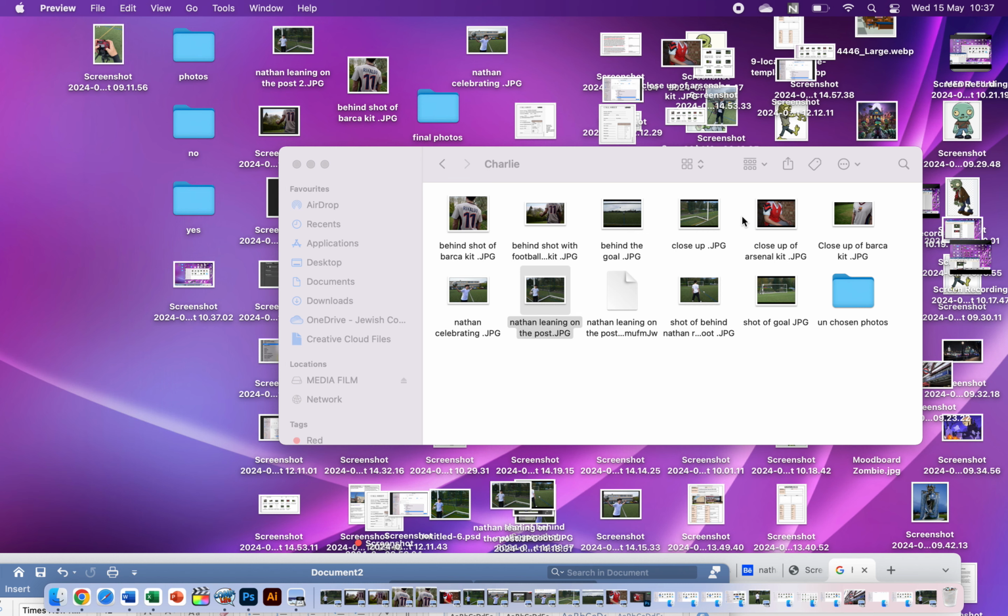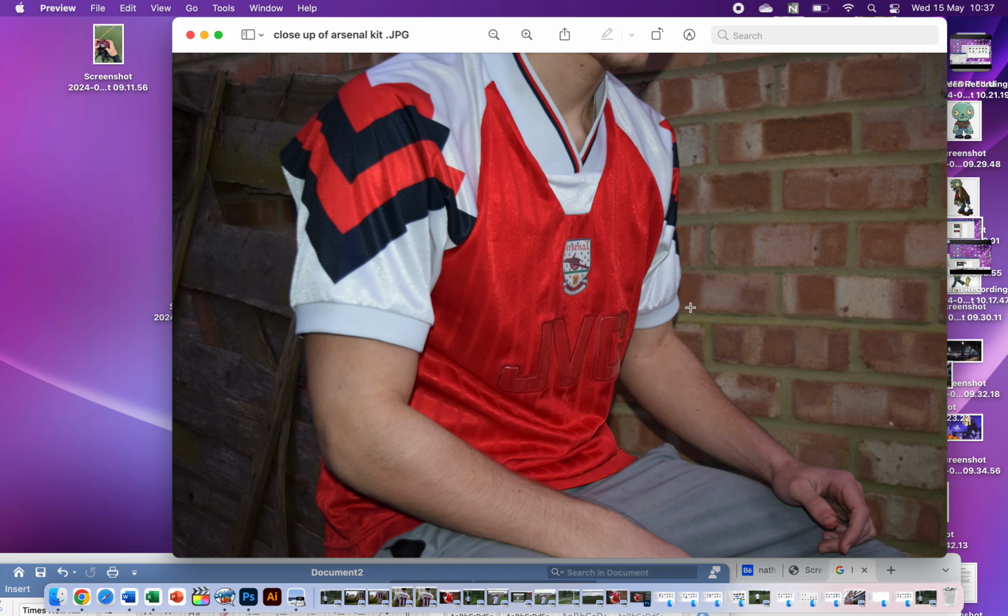The next photo I'm going to be talking about is this photo here. This is a great photo in my opinion. I think the red shirt goes well with the background, and the image sharpness is very clear with the flash technique I use there. And with him being placed in the centre, it's clear to see the focal point of